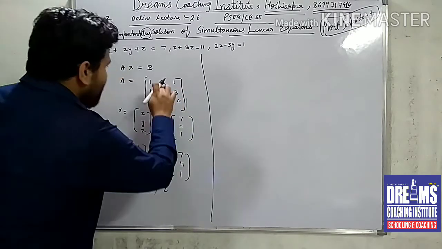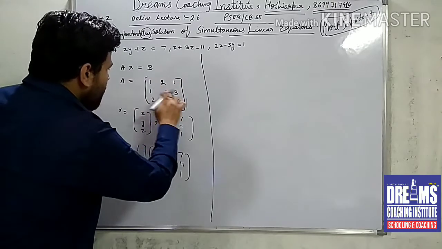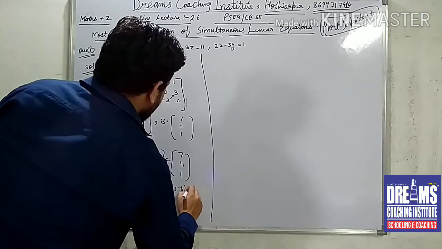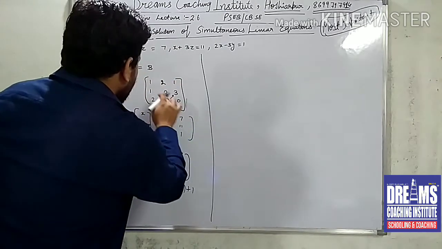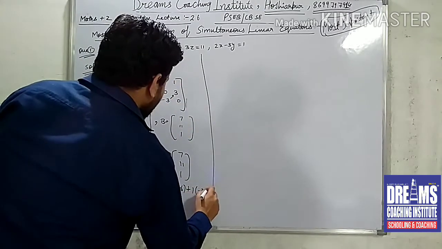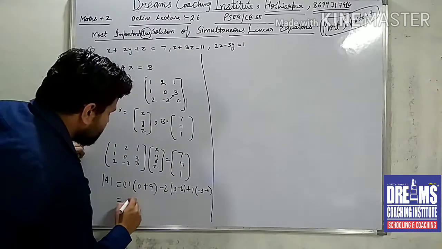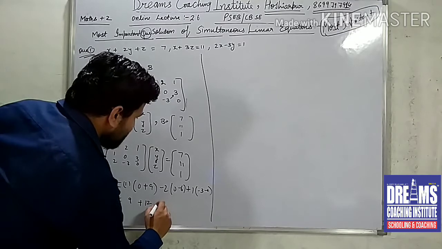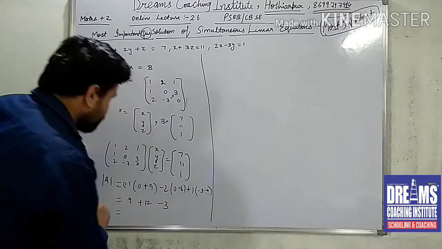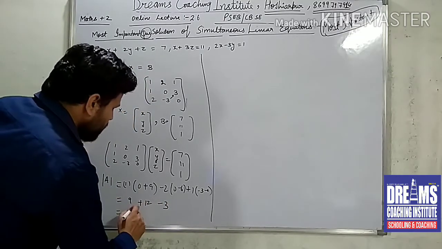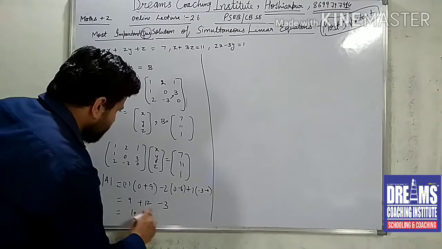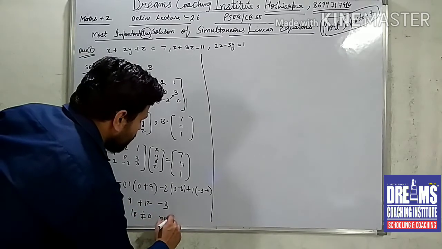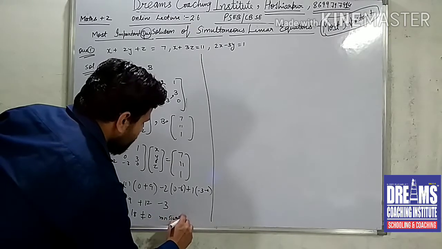So this element will be taken as minus 2. ये रो कॉलम छोड़िए आप, 1 into 0, 0, 0 minus 6, 0 minus 6, and the last element 1 is taken as positive. This is minus 3 and minus 0. If I solve this, it comes to be 9 1s are 9, minus minus plus 6 2s are 12, and this is minus 3. So this is 9 minus 3 is 6, 12 plus 6 is 18, not equal to 0. So the determinant of A is not equal to 0. This is a non-singular matrix.